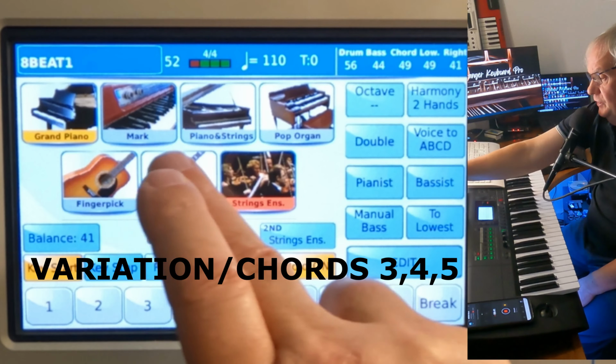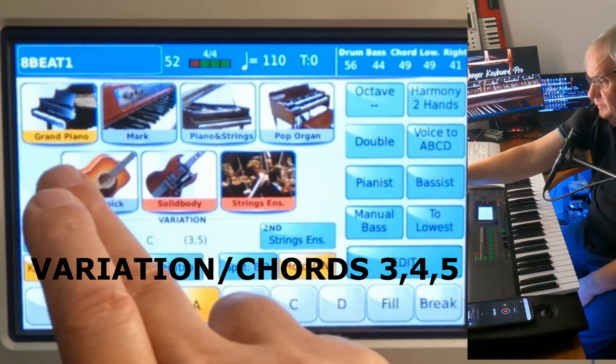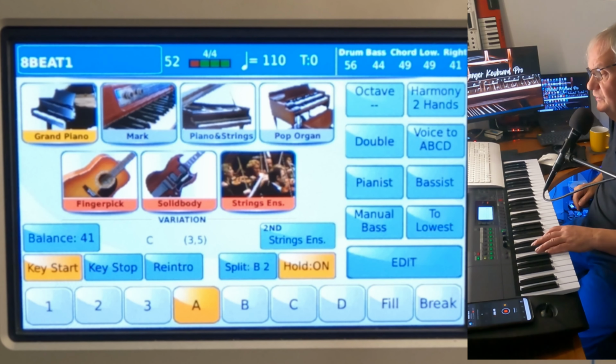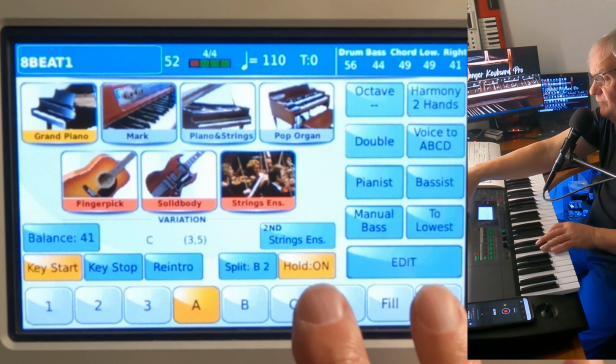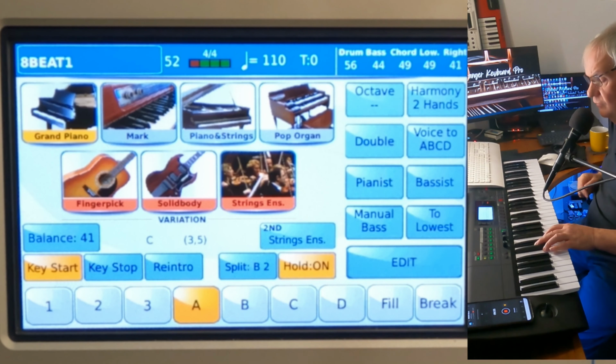We've also got these 3 voices here. So let's just play our style. These 3 voices correspond to chords 3, 4 and 5 in our style, okay? So if we're playing our style,